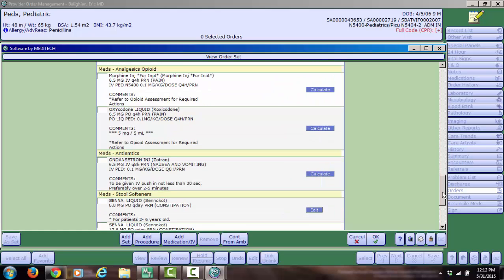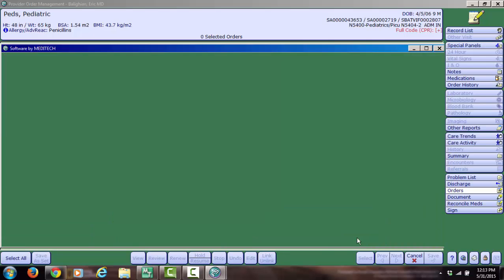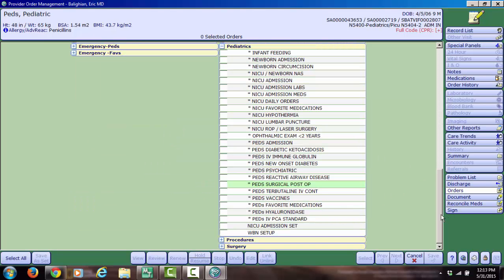Some analgesics, and my favorite medication. Ooh, they don't have Miralax here, but that's okay. You'll have to order that separately. It's in other order sets anyway. Other order sets: